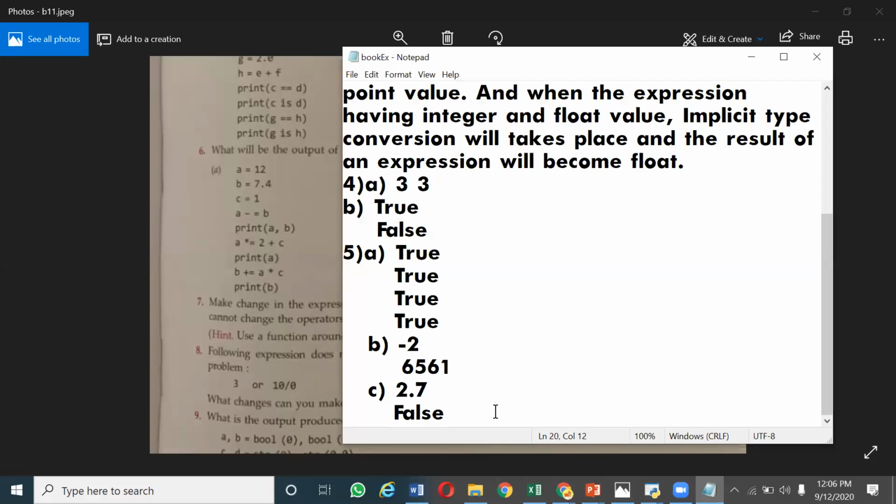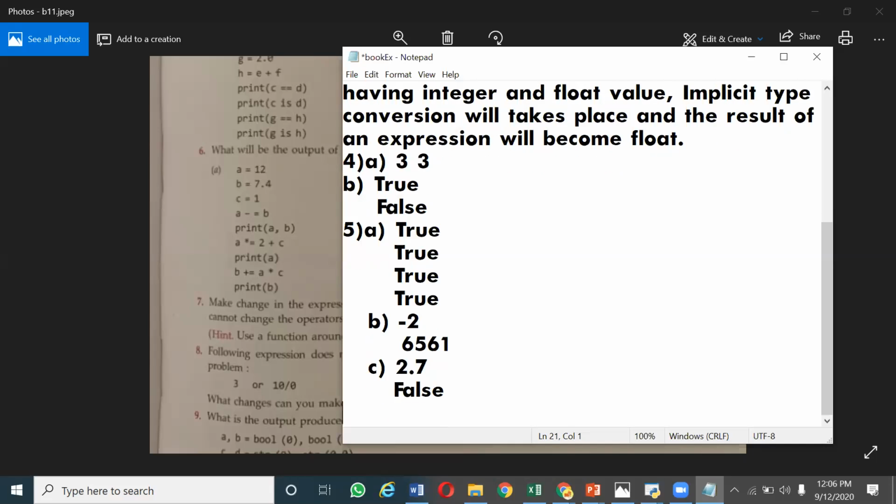Okay, let us write the question. I'm writing only the expressions. Sixth question. A, B, C values we will substitute.